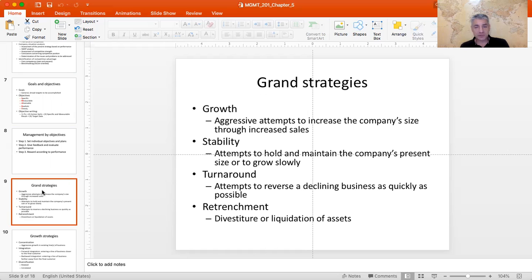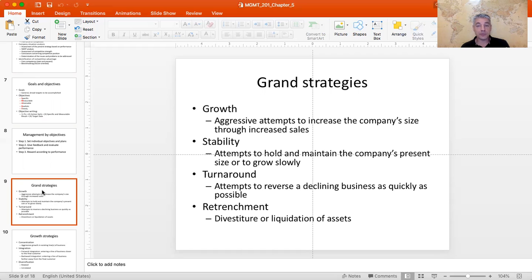With stability strategy, you basically try to maintain the company's present size or perhaps grow slowly. Generally, this is not the best way to address strategy. Because in strategy, our goal is to outcompete our rivals. At least some of those rivals will be aimed at growth. And if the industry itself is not growing, it means they will grow at your expense. So, stability strategy is,